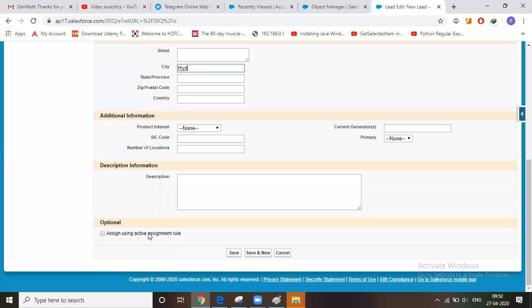Assign using active assignment rule. If you check this, this lead will be assigned to the Hyderabad team. Based on this Hyderabad city, I have created that assignment rule, right? If you do not check this option, it won't assign. We have to check this option explicitly. Save.